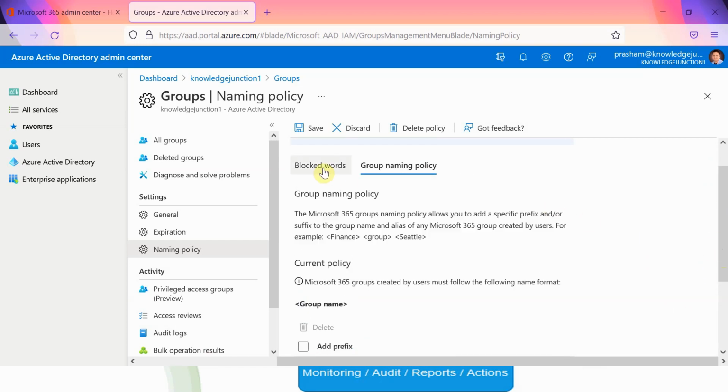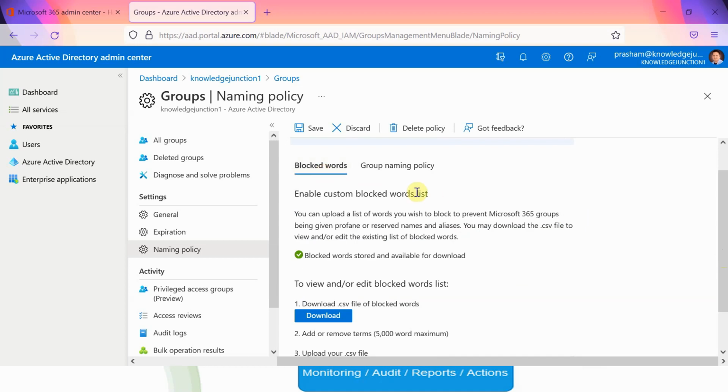So let's start with the blocked words. Before starting that, let's see why these naming conventions are important. We got to know that naming conventions for teams mean having a prefix or suffix, either with hard-coded string values or the user profile properties specified in that drop-down: department, job title, country, etc. And then to avoid certain words in the names, like if some user creates a tea team, some user creates a coffee team, some user creates a sport team.